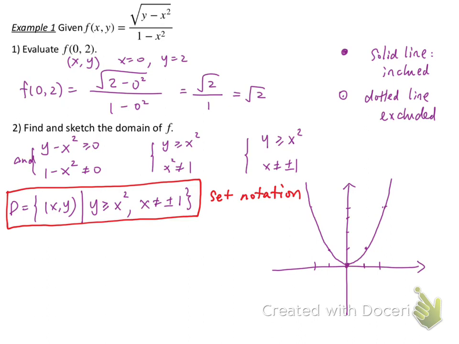Now we have the boundary and we have our points above the boundary. So pretty much inside this parabola, that's our first condition. But we say that x can't be positive or negative 1. So we are going to take away x equals negative 1 and x equals positive 1, which is this dotted